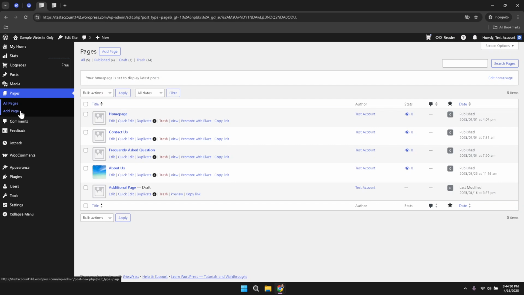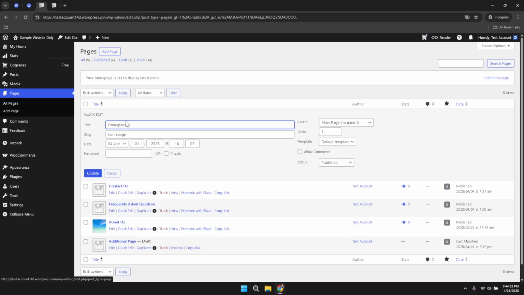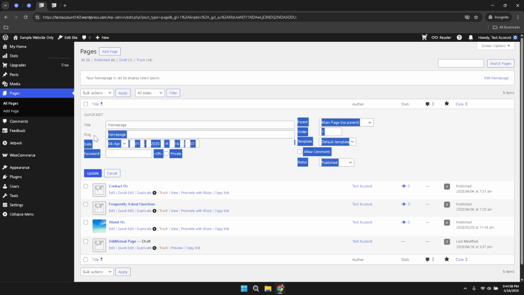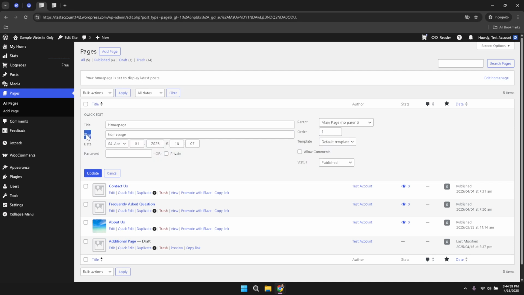The Quick Edit feature is designed to facilitate quick modifications without requiring you to open a full editor for the page. It is an efficient way to make minor but important adjustments to your pages. Within Quick Edit, concentrate on the field labeled as the slug. The slug forms the latter part of your website's URL and plays a significant role in describing the content of